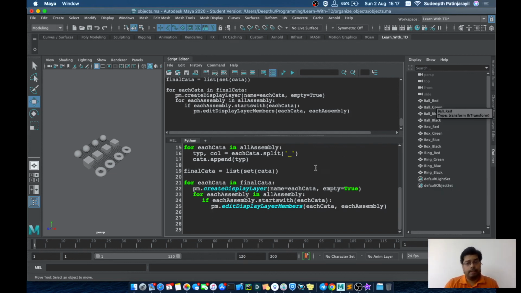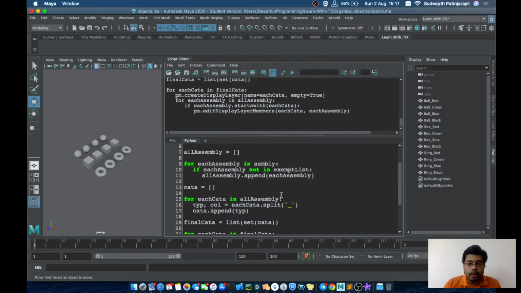We can use the same example using colors also. All the red balls should be categorized in red, and all the green in green. So here we will have four categories: red, green, blue and black, repeating all together. We can categorize based on this.